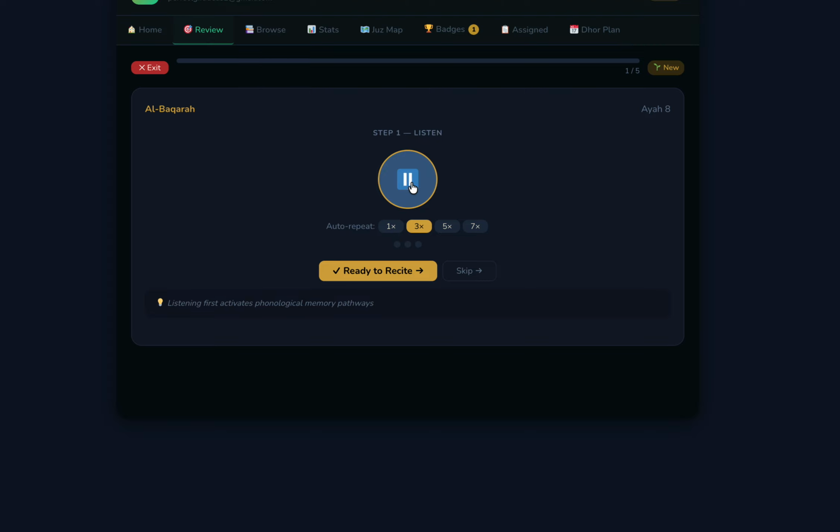ومن الناس من يقول آمنا بالله وباليوم الآخر وما هم